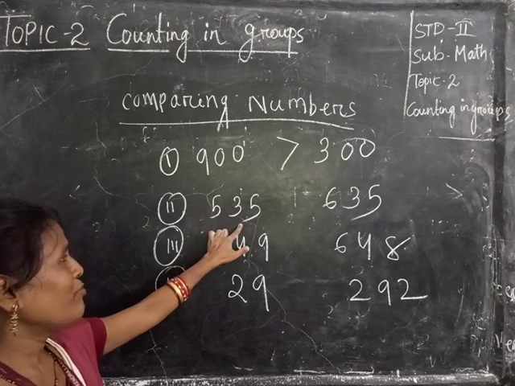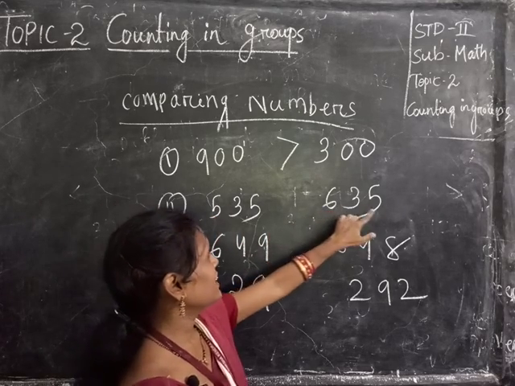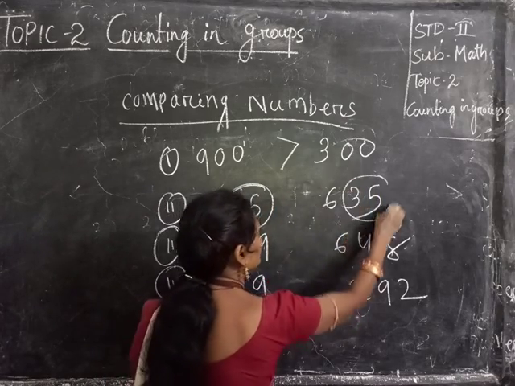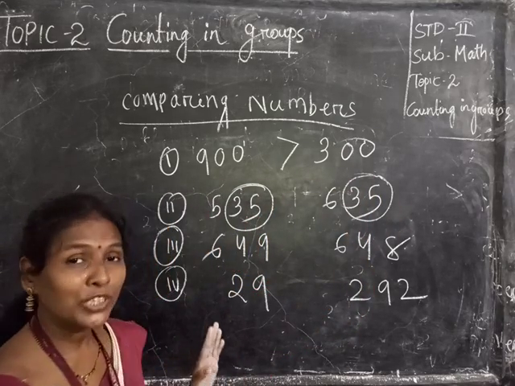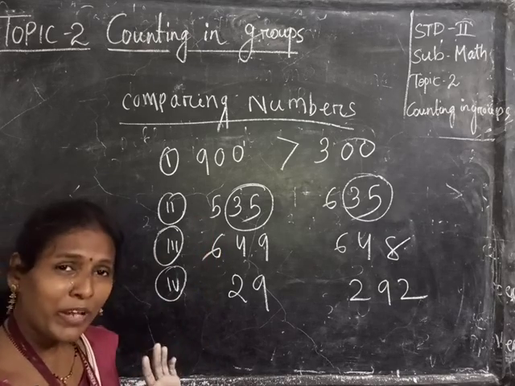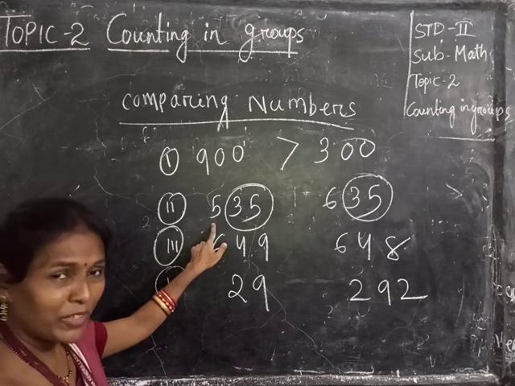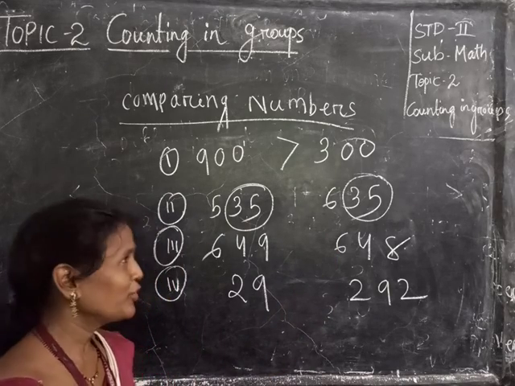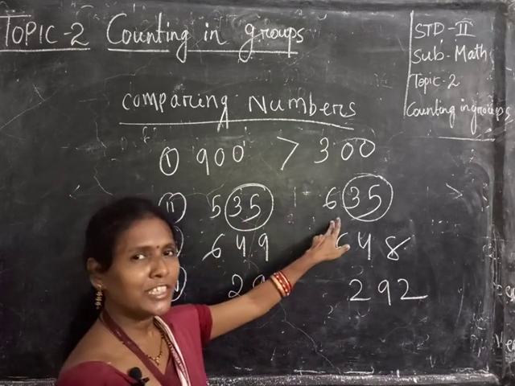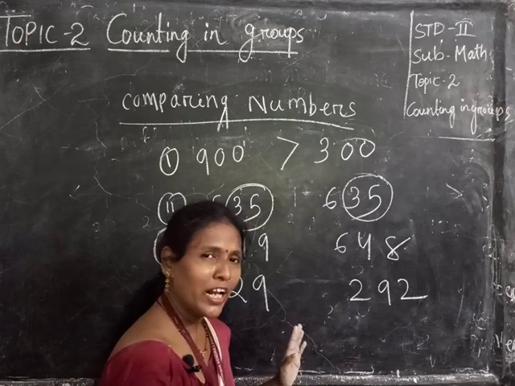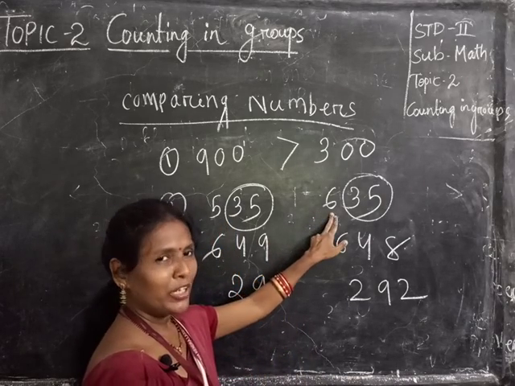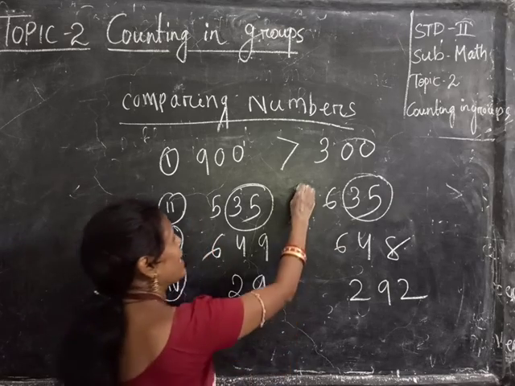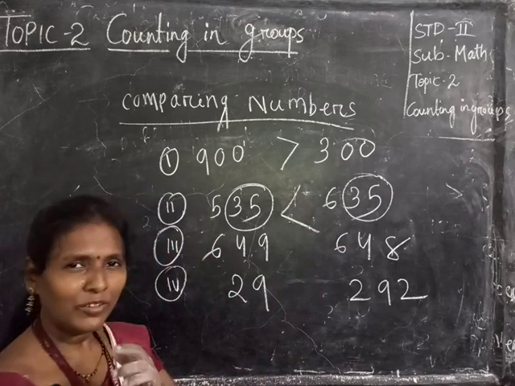You come 535, then 635. You see these 2 digits are same. Here also these 2 digits are same. So we have to see which place. 100 place. In 100 place, here 5 is there and here 6 is there. So can you tell me, students? 5 is here and here is a 6. Tell me what I'll write? That is your bigger number, bigger side. This is your smaller number, smaller side. That means this sign. Right?